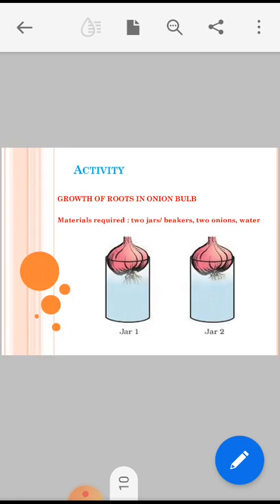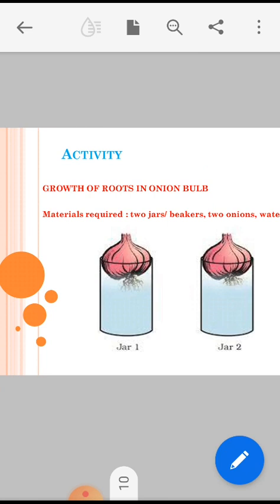Okay, now let us perform an activity to prove that growth takes place in plants. So how do these tissues help in the growth of roots in plants? Here we have taken the example of a bulb, the onion bulb. This activity is very easy, and even you can perform it because very little material is required. You just need 2 jars or beakers. You can even take a glass,